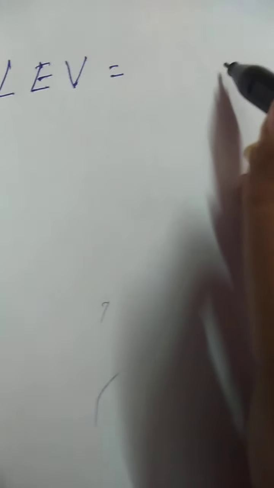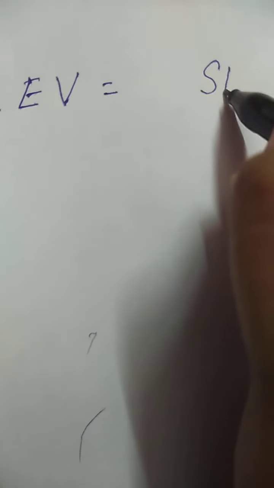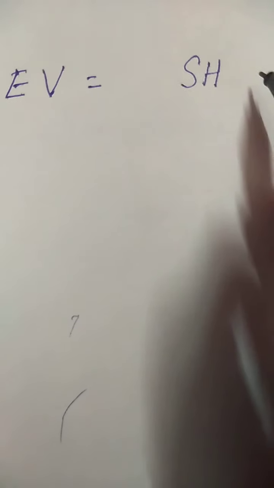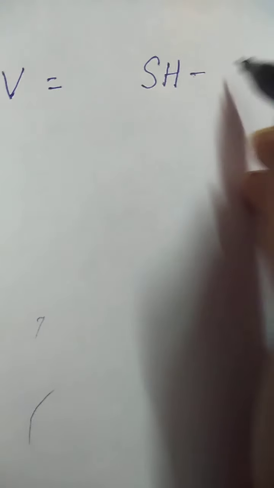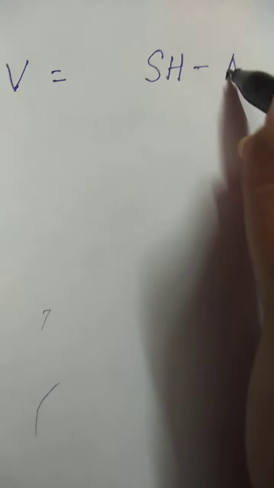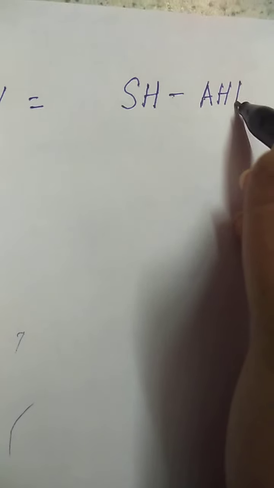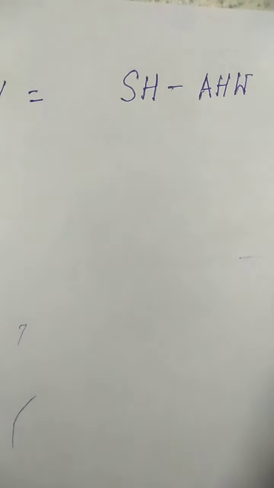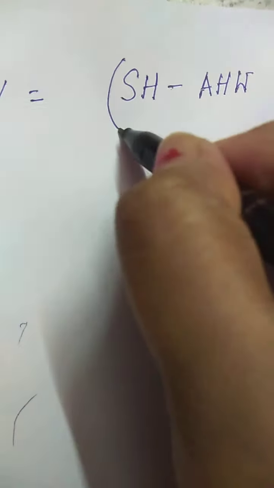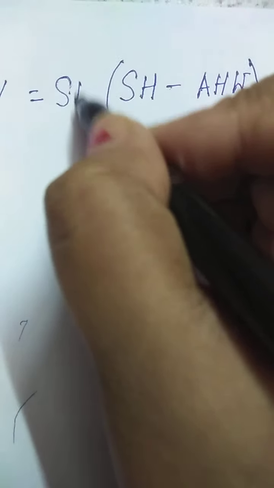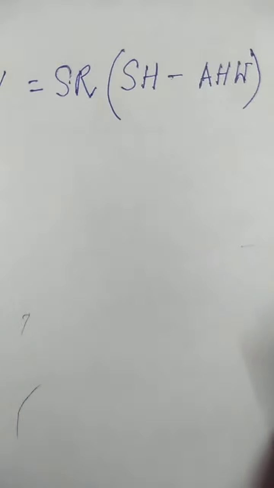Fine. Next we are finding out efficiency variance, labor efficiency variance. Efficiency of labor is measured by hours. So since we are finding out efficiency variance, we have to take the difference between the hours, standard hours minus actual hours worked. Here we'll not only take the actual hours, but we'll take actual hours worked and multiply it by standard rate, that is SR.